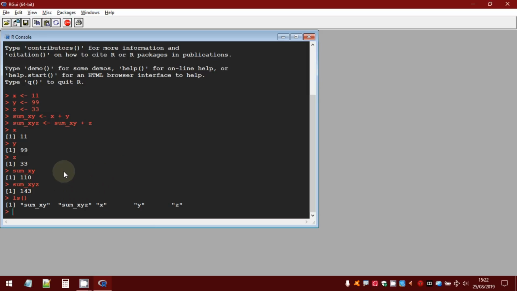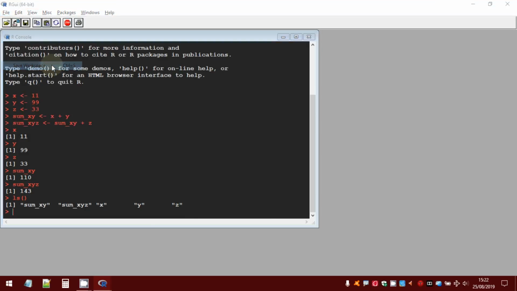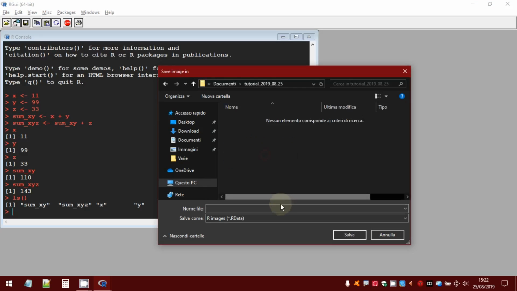Now it's time to save the workspace image. So to save the variables and the content of the variables. So File, Save Workspace, select a directory and select a name.